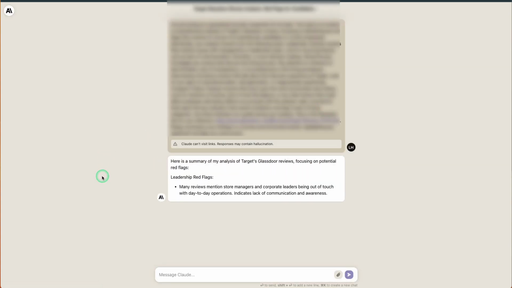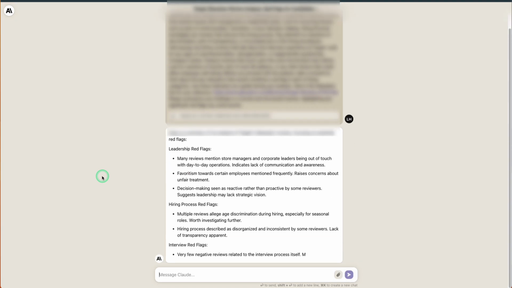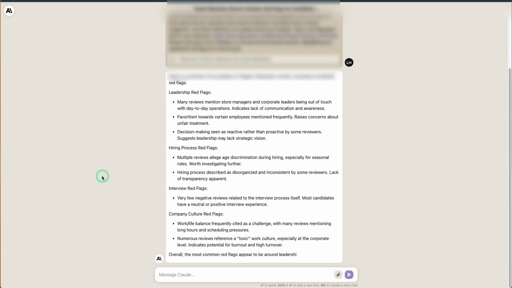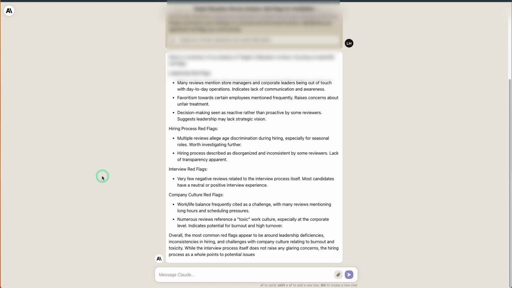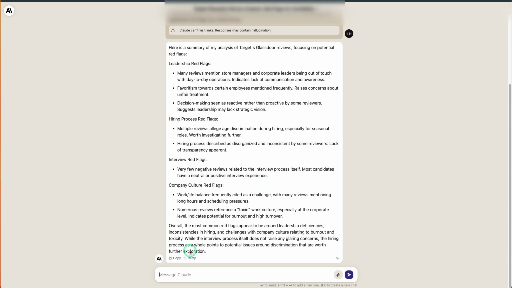It starts immediately, and it's got a link. So this thing went to the internet, found the link, and you see how fast it's going. And it just looks nicer. The outcome is, they're all going to be kind of the same right now. All of the competitors are kind of the same, but wow, doesn't this look nice? And you copy it. And so that's a real nice demo of how to do a Glassdoor review.